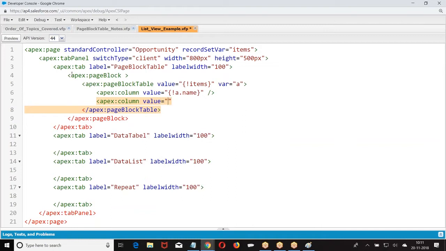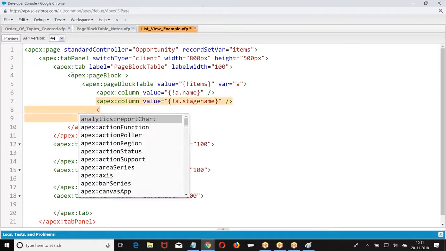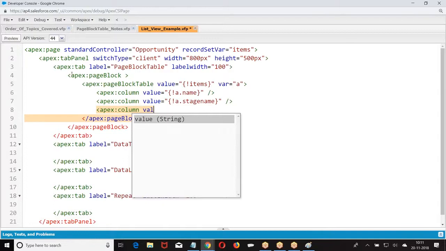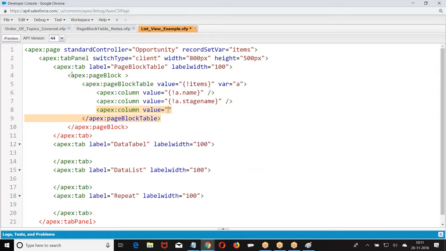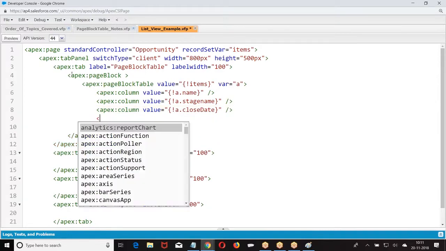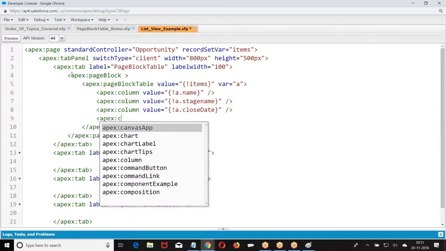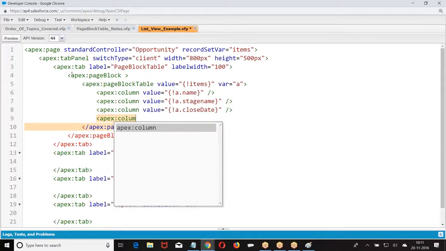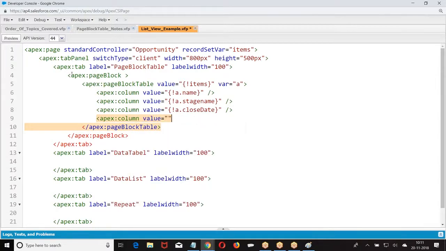In opportunity, what are the mandatory fields we have? Name, stage name, value equal to a dot, apex column, value a dot.